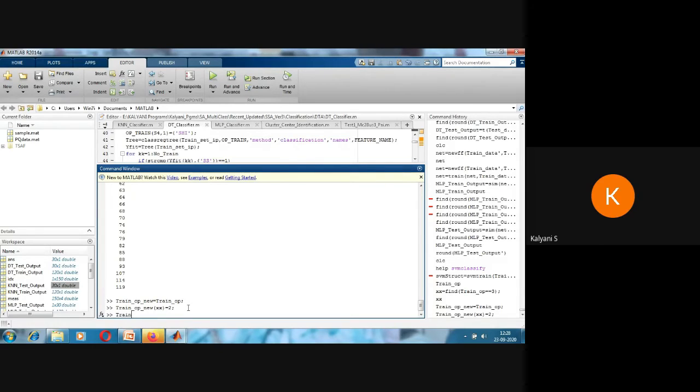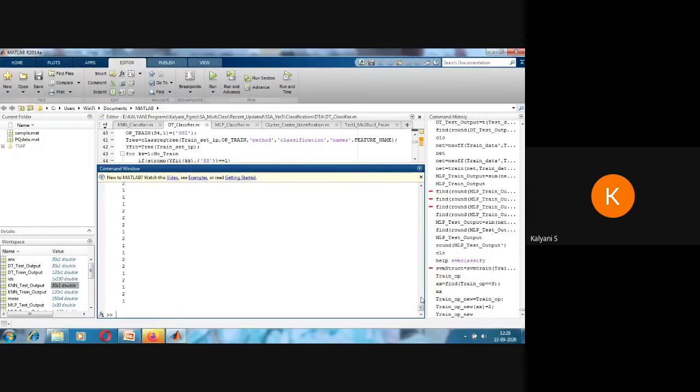Now you can check. Here there is no class label 3. All the class labels are either 1 or 2. Now we can apply the SVM classifier with the revised class labels.